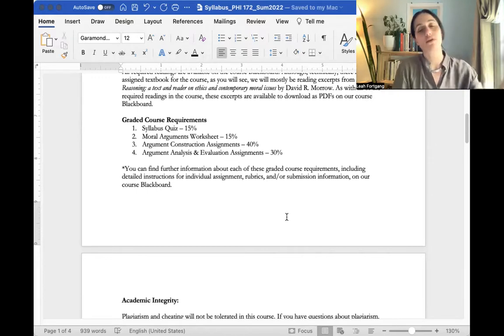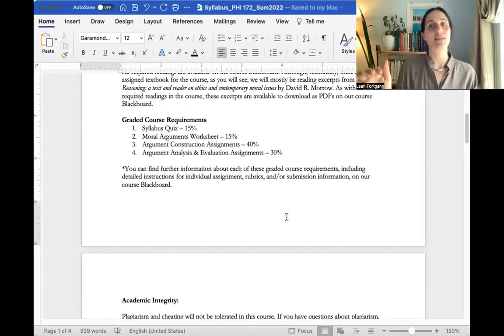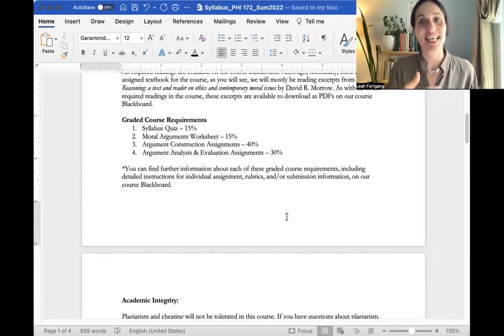But those rubrics not only contain basic information about what needs to be done in order to get an A on that assignment, a B, and etc. But also, at the end of the rubrics, there are a lot of examples. So examples showing you what it is to clearly and directly answer a question versus giving an unclear and indirect answer to a question. So that should really help you get started on these kinds of assignments and hopefully feel a little bit more confident that the work you're doing is good work.